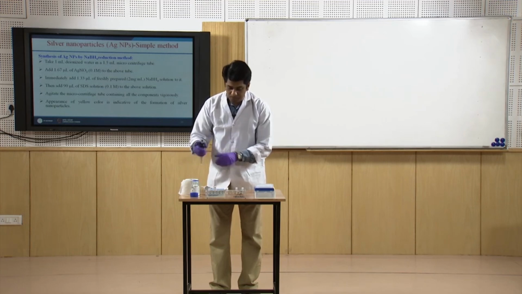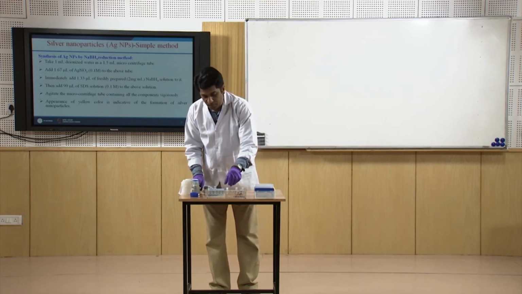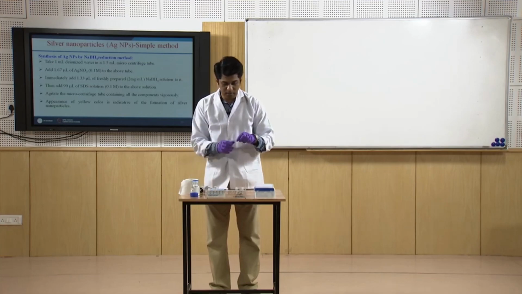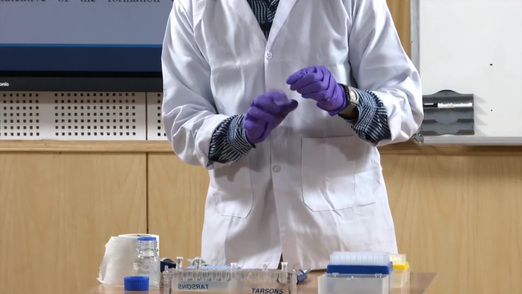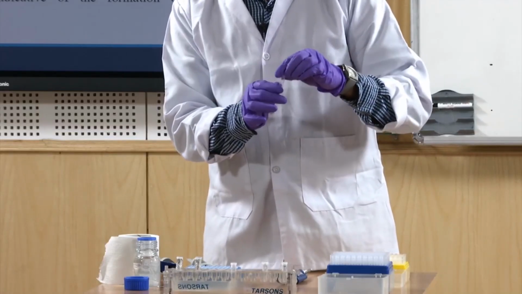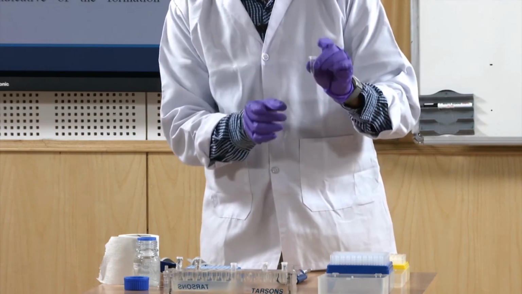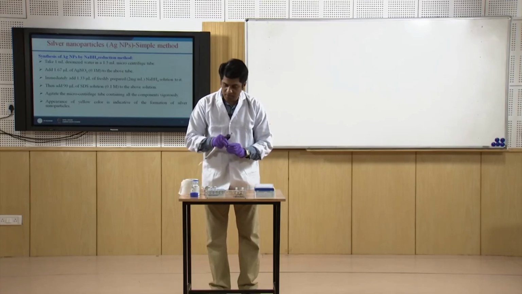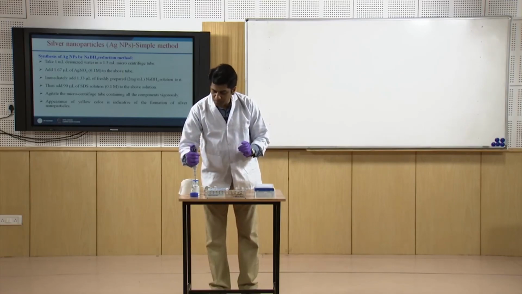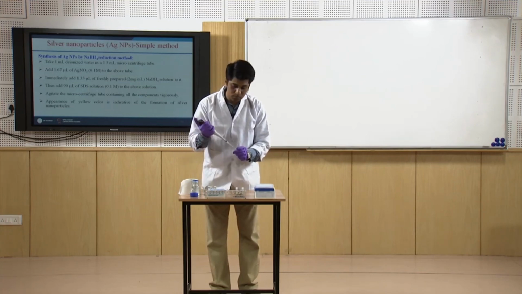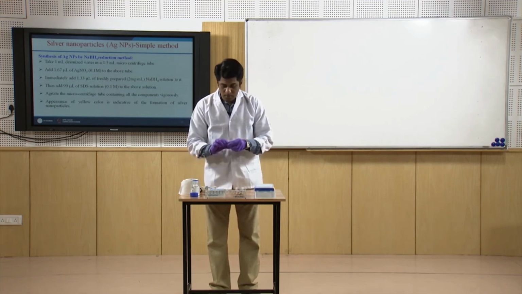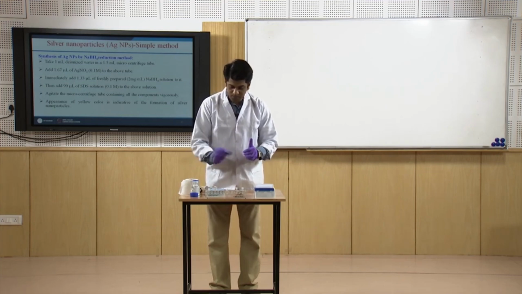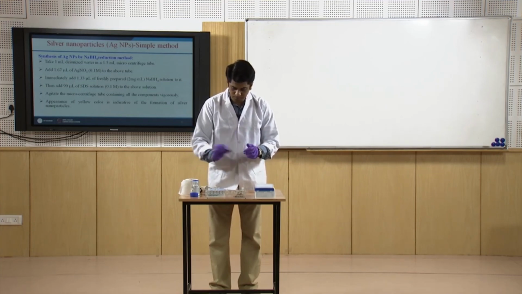So now I am going to add 1 ml of water to the sodium borohydride. As I told you earlier, the sodium borohydride should be prepared freshly. So what we did is we already measured 2 milligram per ml, that is we have measured 2 milligram in a 1.5 ml tube. To this I am going to add 1 ml of water and make sodium borohydride freshly. Just mix it so that the sodium borohydride can dissolve completely,